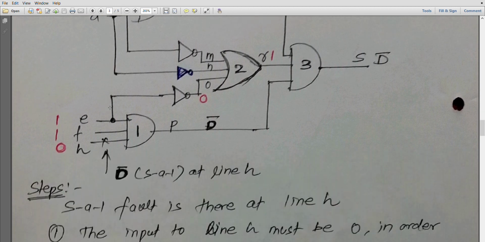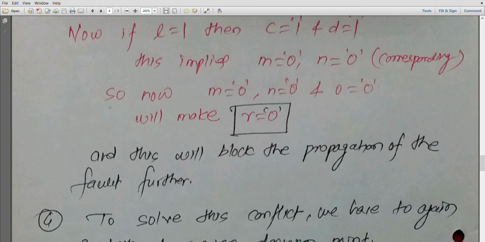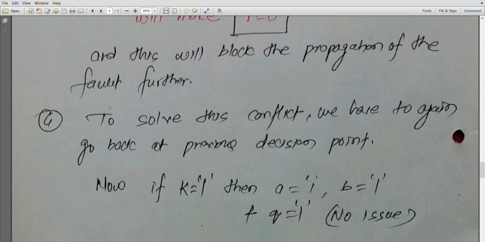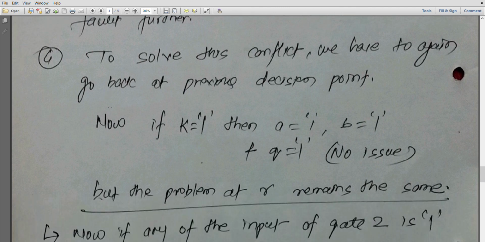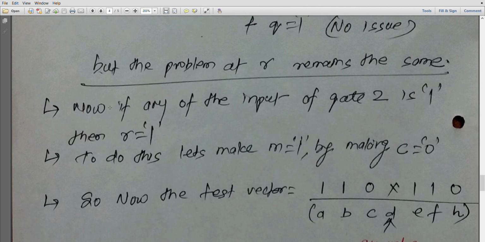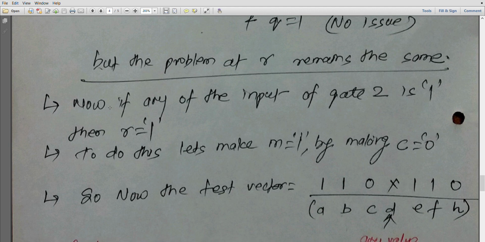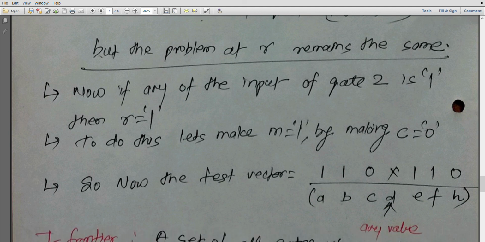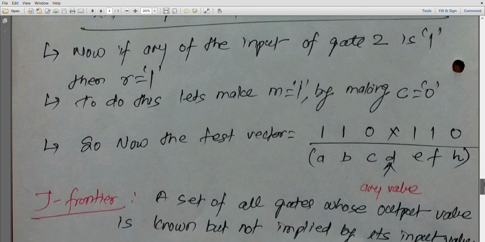Okay, so all the summary I have written over here. I will share it in the notes as well. So all the summary that I discussed through the diagram is written over here. So what is the test pattern that we discussed? Here is the test pattern. A has to be 1, B has to be 1, C has to be 0, D can be a don't care value, any value, it will not affect. E and F equal to 1 and H is obviously equal to 0 to sensitize the fault.